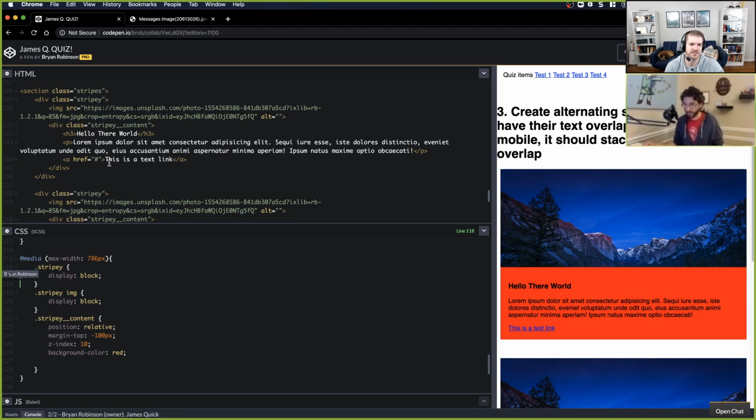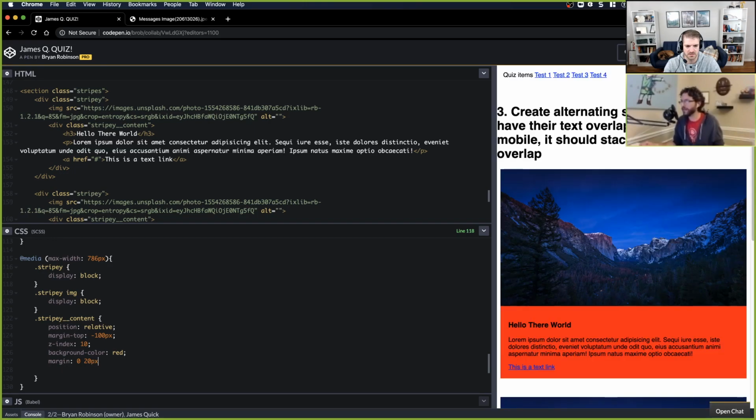But what's the difference? We had already proven that the text was on top of the image. How can the text and its background color be on different z-indexes? I'm not gonna lie, I think this is one of those weird things in CSS. I'll have to research it. I don't actually know why. It's like when you float things, weird things have to happen in the browser to make the things collapse properly. There's something happening there. I don't know off the top of my head what is causing that issue. I'll look it up and see if I can figure that out.